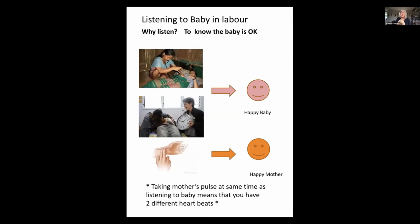We also need to, when we're listening to the baby's heartbeat, feel the mother's pulse. Now, the reason for that is that if a mother is in labour and struggling with the birth, sometimes her heartbeat can be almost the same as the baby's. It can be quite fast. So if you feel her pulse, then you will know whether you're listening to the baby's heartbeat